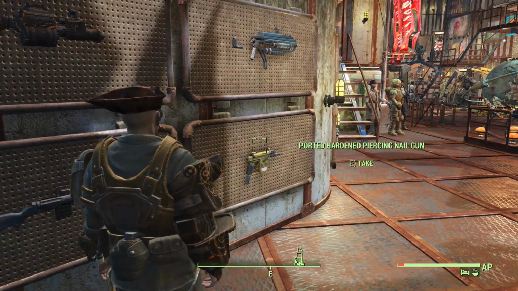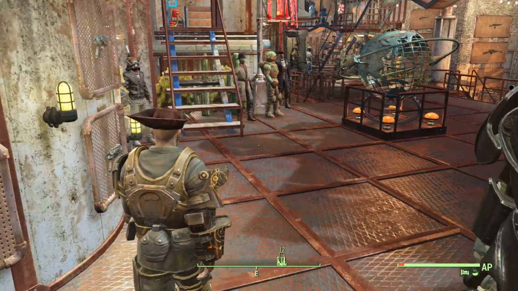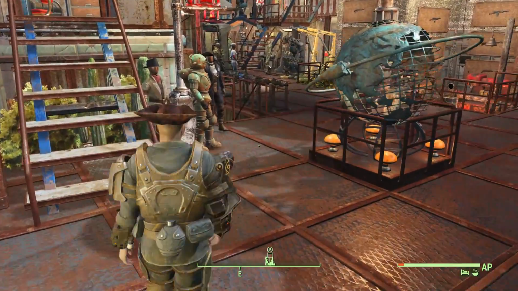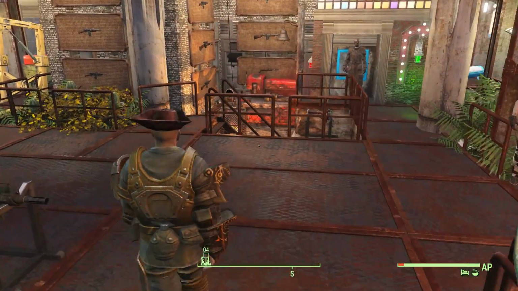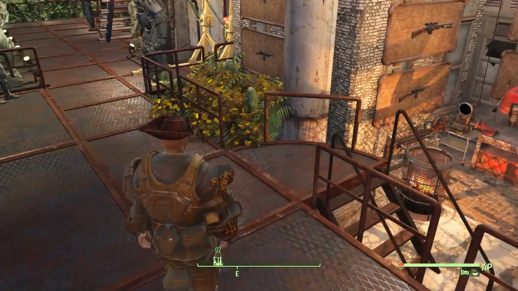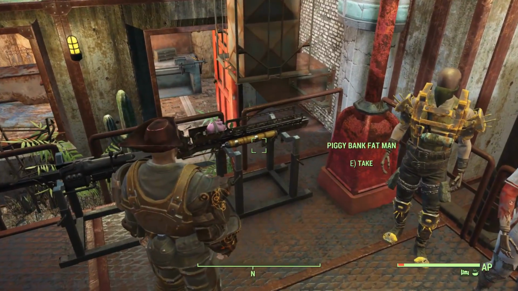I'm starting this series on the Gen Update content. We're gonna be doing all of it on survival mode, which includes the Enclave Remnants, the Makeshift Weapons Pack, and the Halloween Workshop. Keep in mind, all this content had already been accessible from the Creation Club for a while